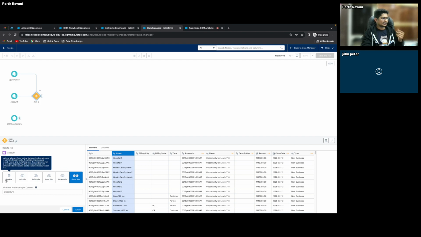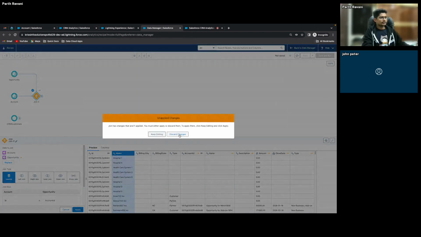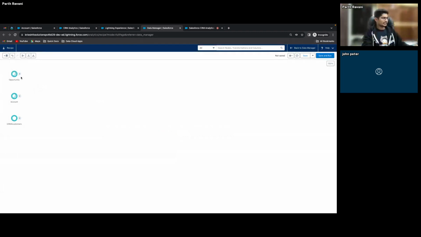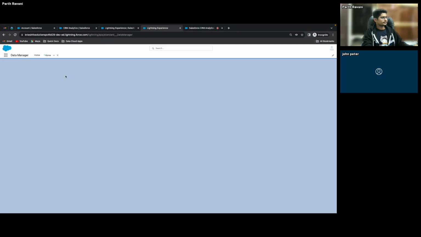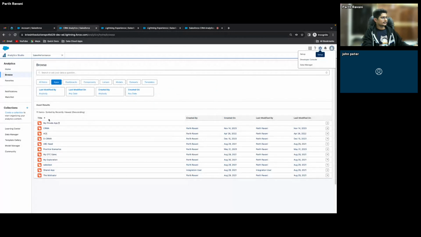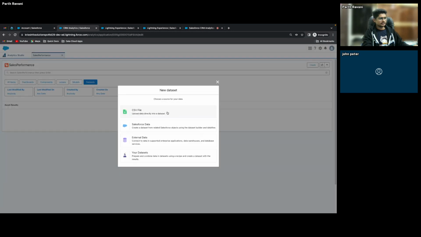So these are the different types of joins in here. So what we'll do is we'll discard this and I will close this and we'll go back to our use case where we have created an app for now, which is sales performance. And in this sales performance, I am going to create some data sets by uploading CSV